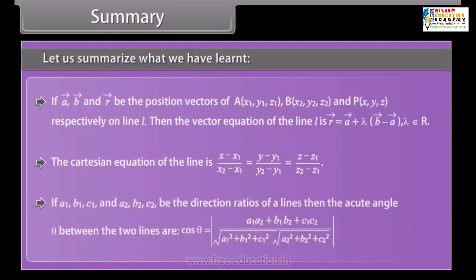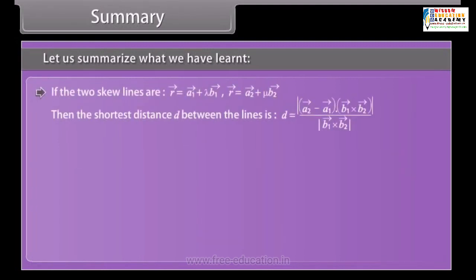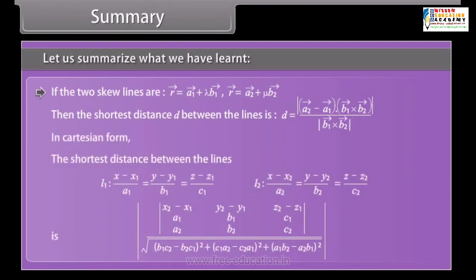If a1, b1, c1 and a2, b2, c2 be the direction ratios of two lines, then the acute angle theta between the two lines is. If the two lines are skew, then the shortest distance d between the lines is, in Cartesian form, the shortest distance between the lines is